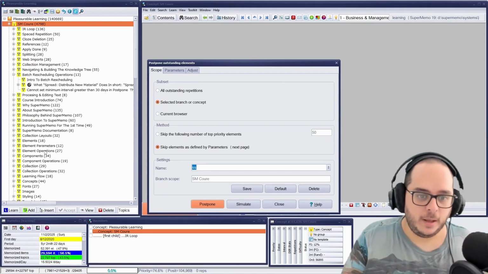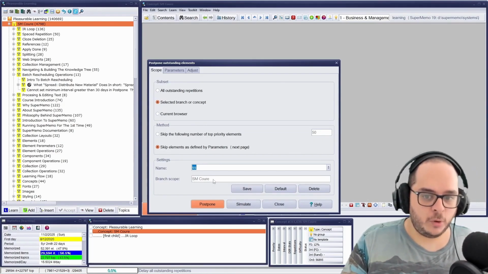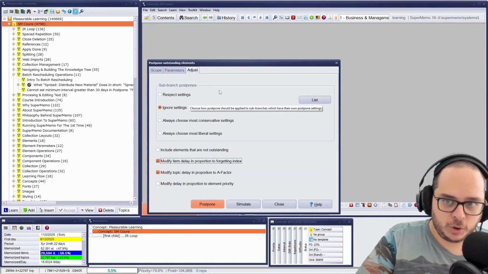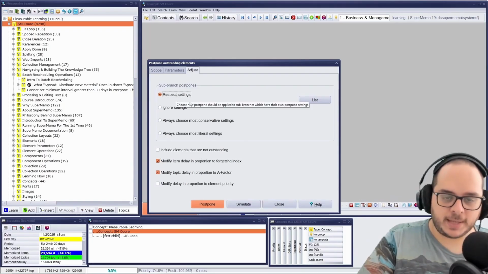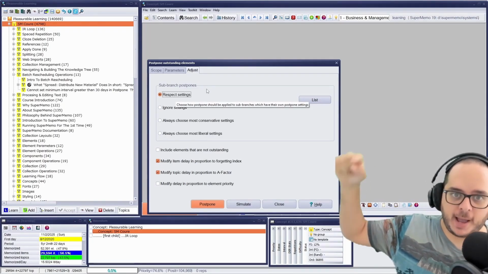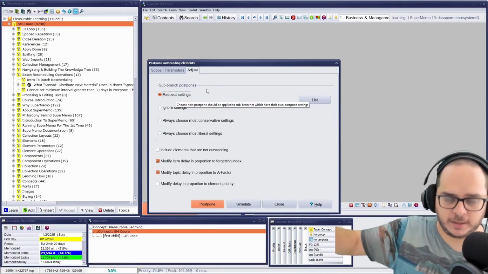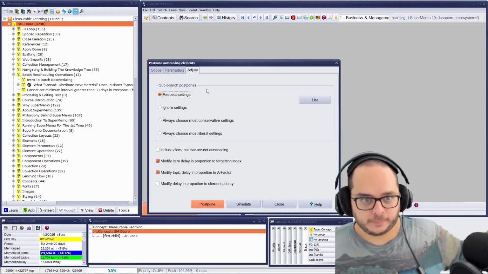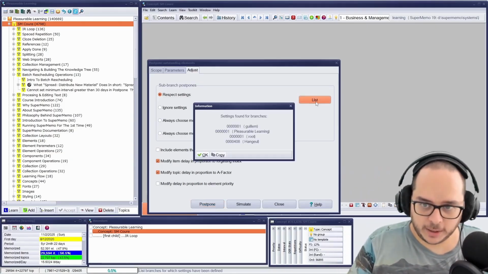Then the branch scope is using some settings. Then if I'm using a parent, what should we do? No, respect the settings. Meaning that if one of the children has its own defined settings, use them over the settings of the parent. By the way, I can see this list.